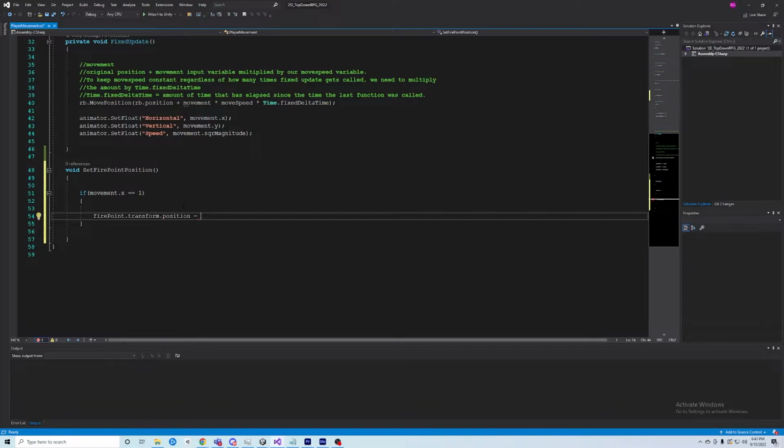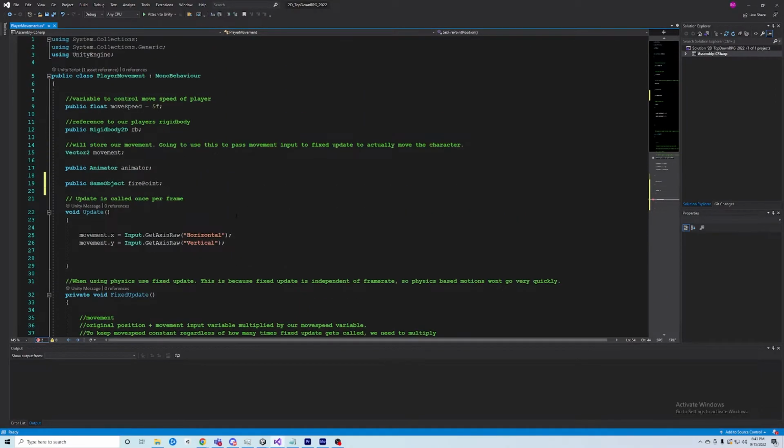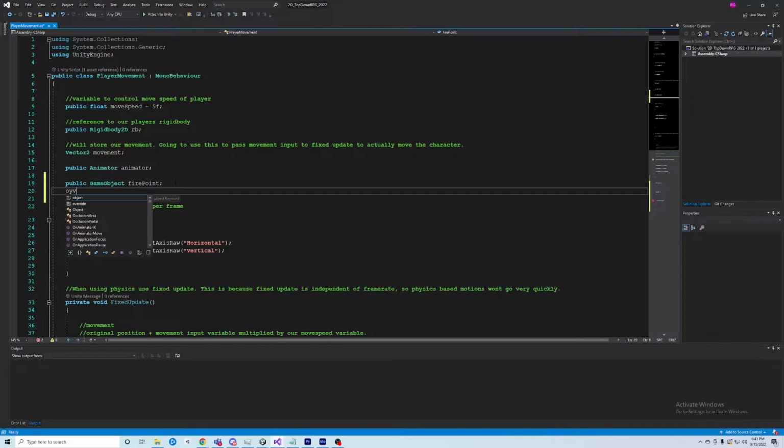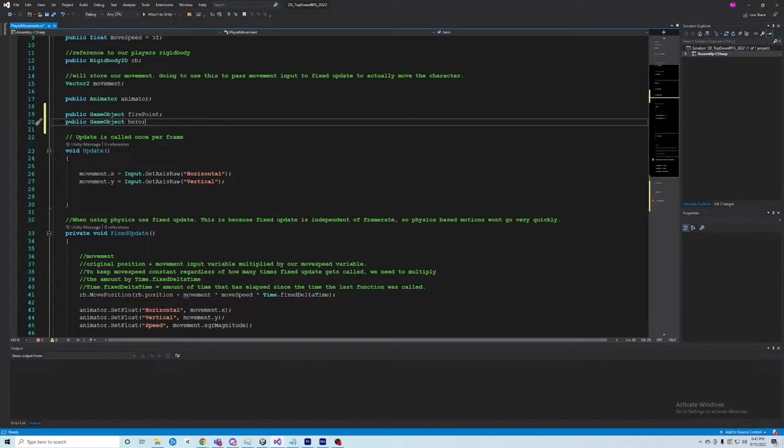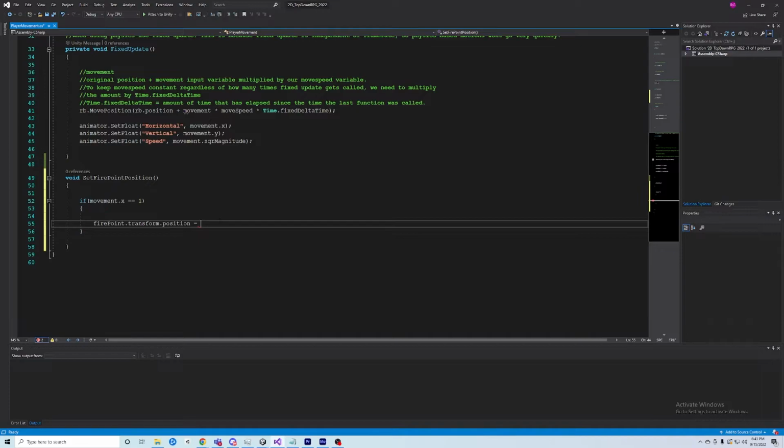so essentially we're getting the object's position. We're going to set the position equal to the hero's position. We need a reference to the hero as well. So I'll go up here and make a public game object, and I'll call this hero, and we will drag a reference to the hero in that section there. So we'll go ahead and set the fire point transform.position equal to hero.transform.position,